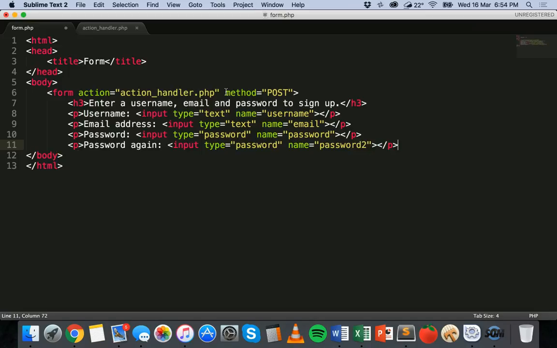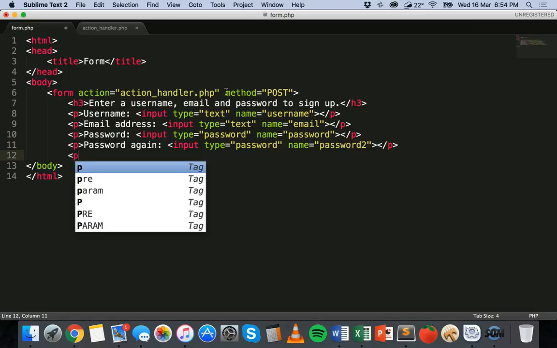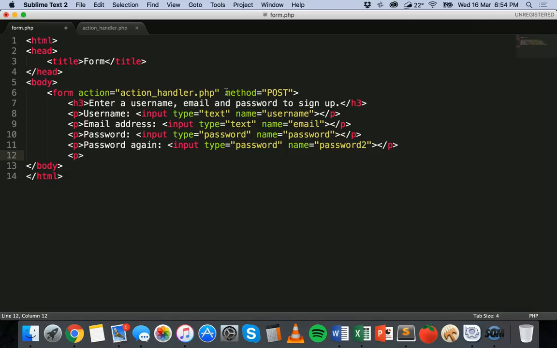Okay, close that off, and then we'll just have a submit button. Alright, that's it. Just need to close off that form tag, and we can save that, and we can go